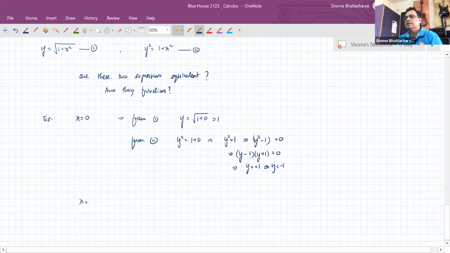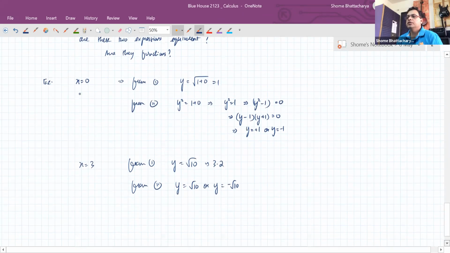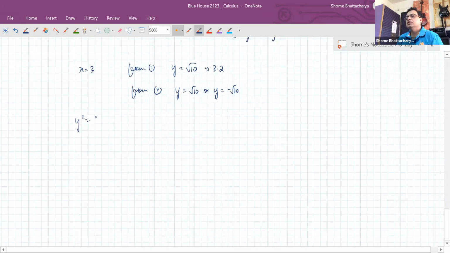For example, let's say we take x as 3. From equation 1, we will get y as root 10, or approximately 3.2. But from equation 2, we will get y as root 10 or minus root 10. We'll get two values like this. So now, we understand that the second equation, y square is equal to 1 plus x square, is not a function. It is a relation, but not a function, because